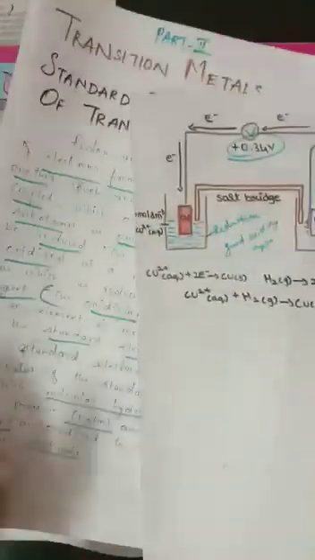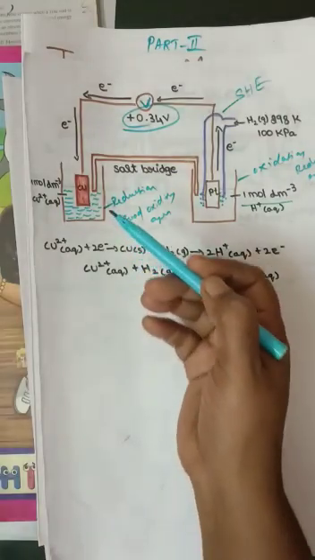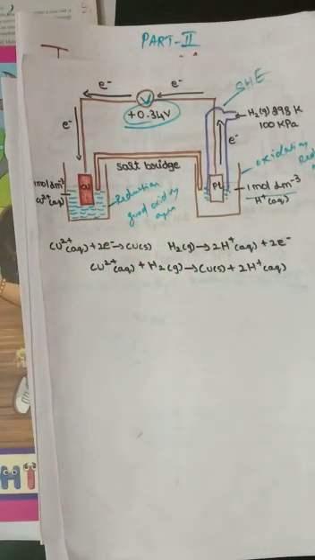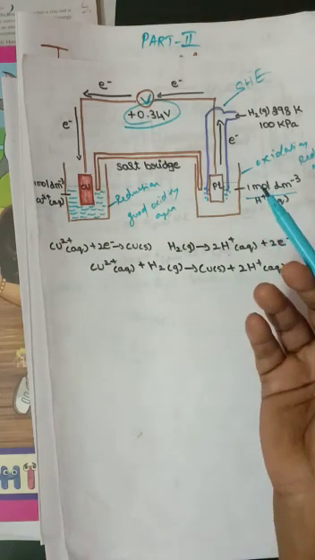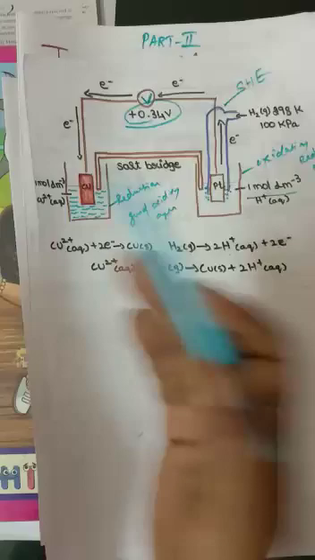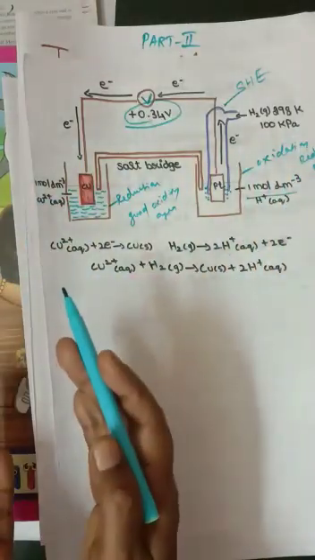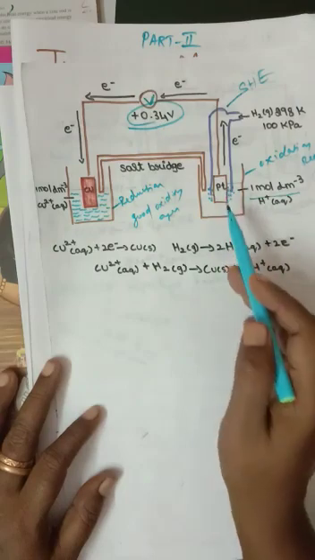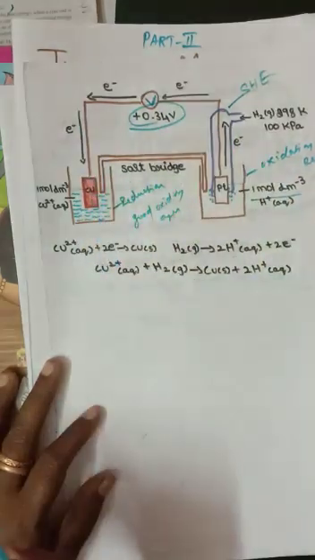So you can see one more example, suppose we want to determine the half cell reaction. In the half cell reaction, suppose the determination of copper is coupled with another electrode, that is SHE, the standard hydrogen electrode. In this, what happened? The transfer of electrons, right side compartment, left side compartment. So here the electrons transfer from one compartment to the other.